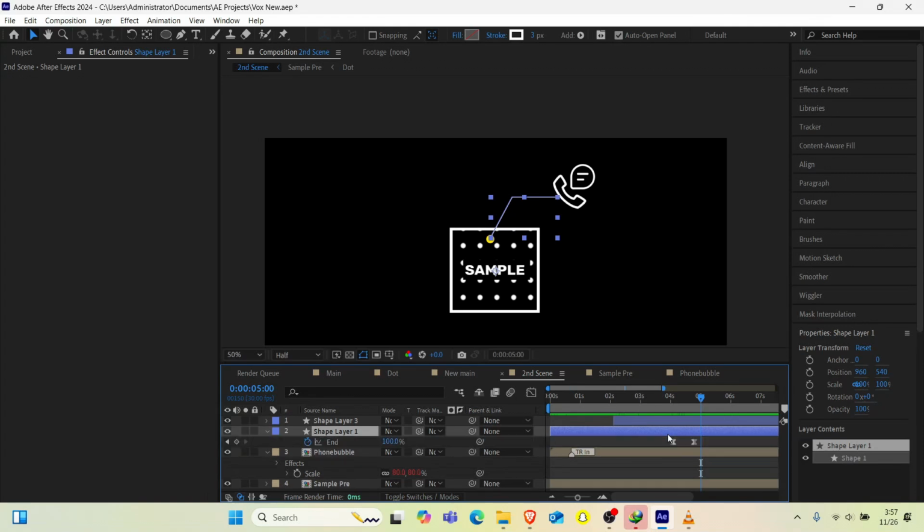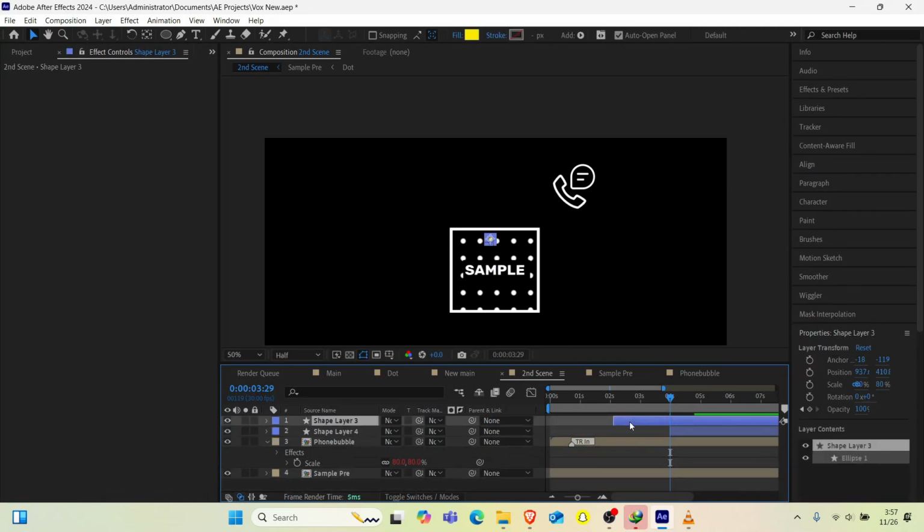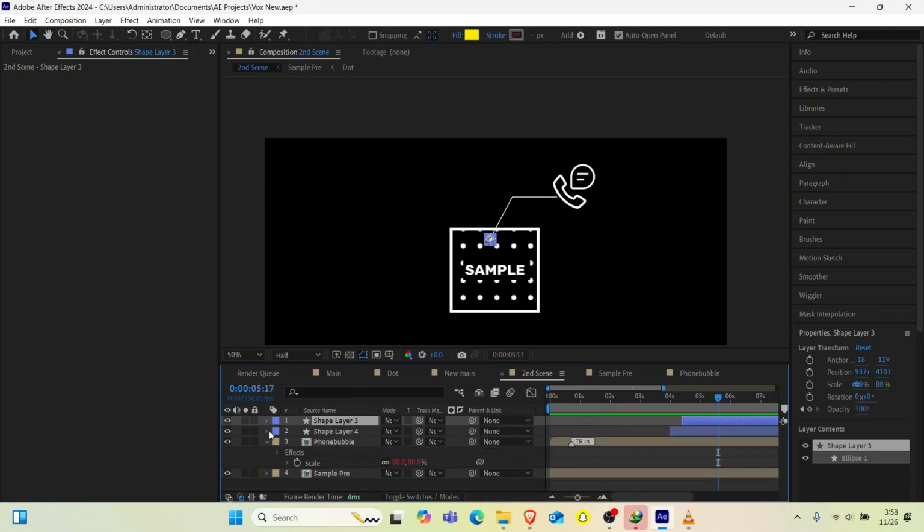Let me change the opacity, so the opacity is taking time. So I just need to do a perfect timing of them. So I'll drag the opacity to the right like this. So at the moment the stroke drops, that's when it comes on. You get it? So like this. Yeah. So now that we're done, we need to do the other